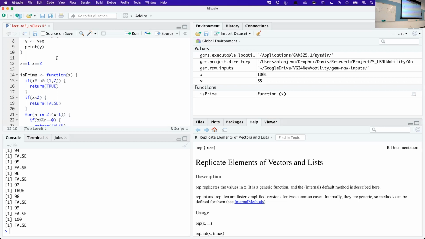X and Y, last one. Oh, yes, they're both false, so it's false. This was the best I could come up with on the spot. Okay. All right, cool. So